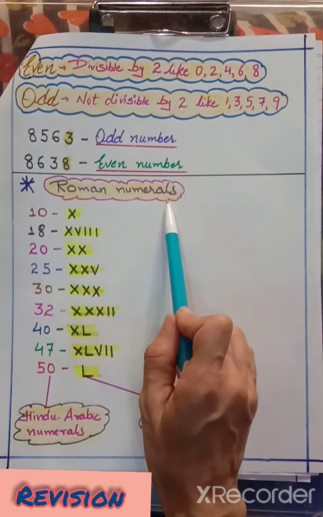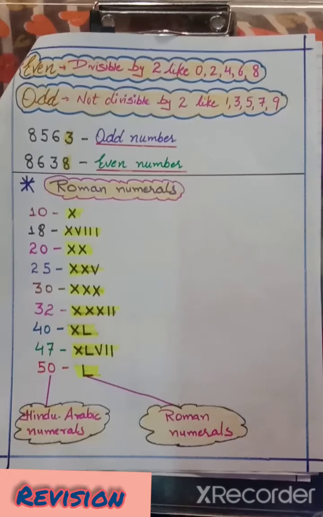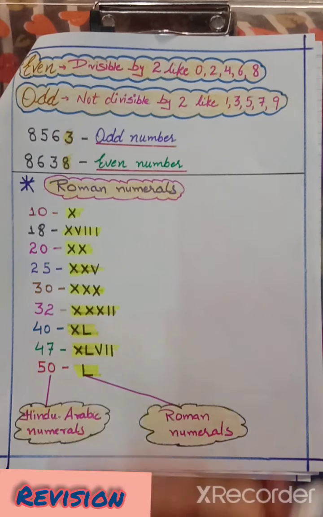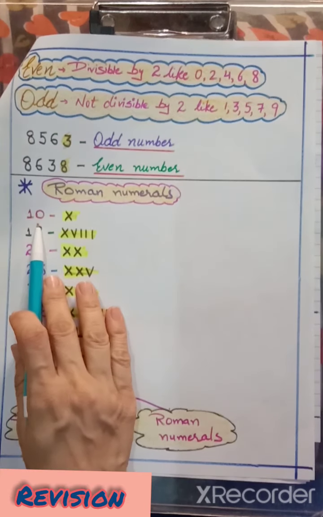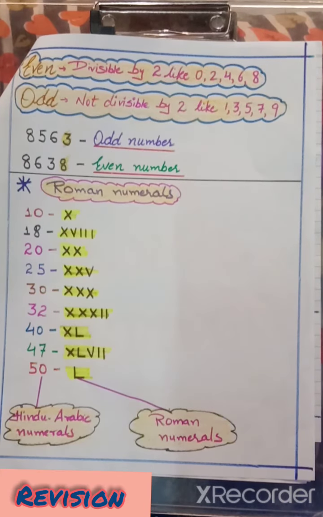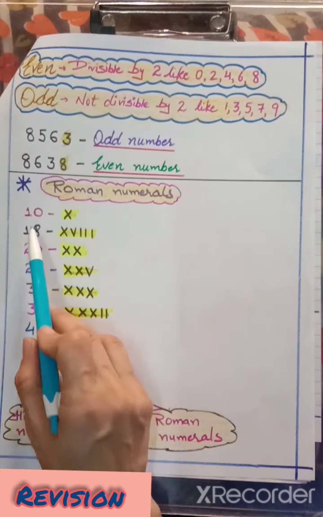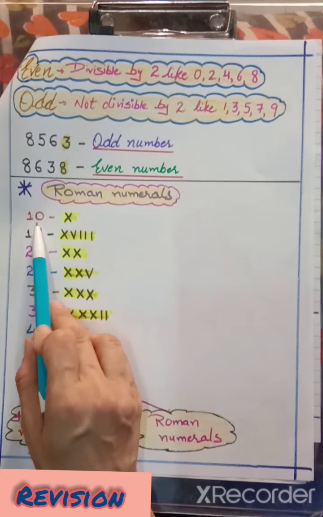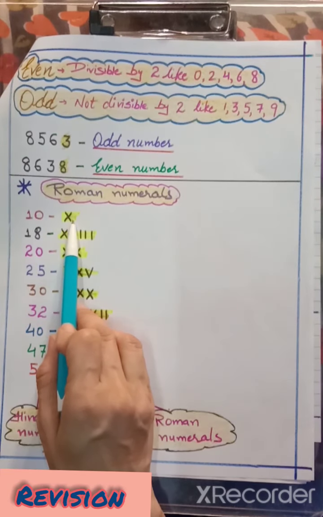Next is Roman numerals. Roman numerals we have already discussed till 50 in previous videos. Now we will take a revision. For place of 10 we have 7 Roman numerals, but there is no symbol for 0. We can repeat Roman numerals that start with 1, that is I, X, C and M, a maximum of 3 times. But V, L and D we cannot repeat even a single time. Next we have the Roman numeral 10. So in place of 10 we will write X.